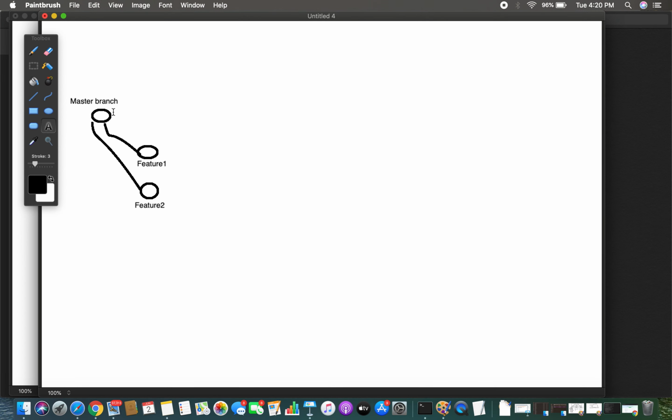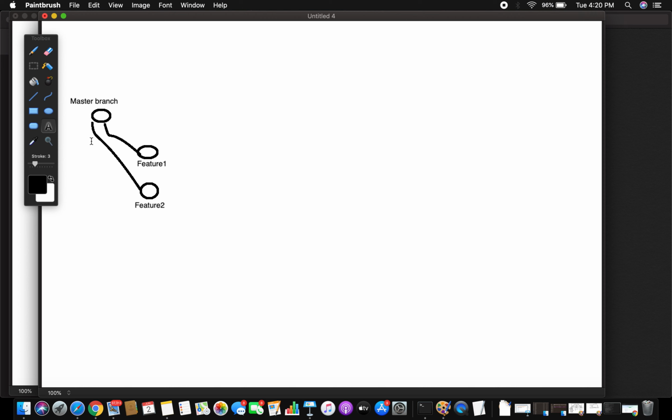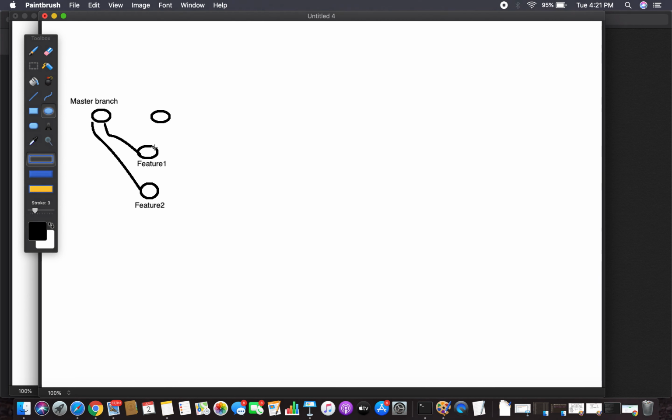When you create a branch from the base branch, that is the master branch, you get the same replica of whatever you have in your master branch repository. All the history and all the commits will come to this branch, and all the features will be coming into this feature branch too. Now you are making changes on the master branch, and at the same time a few others are also working on the feature branches. Assume I am working on the master branch and my colleague is working on feature 1 or feature 2.